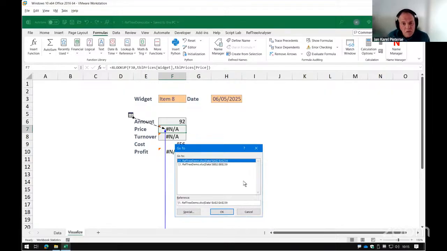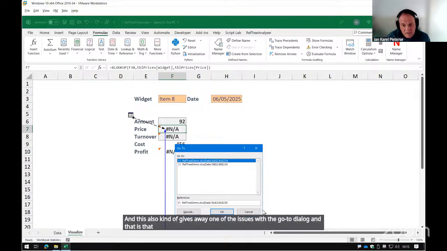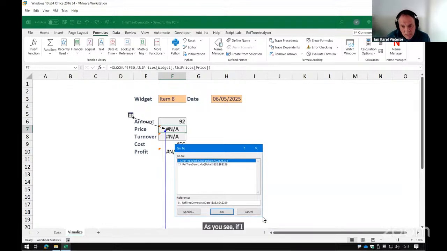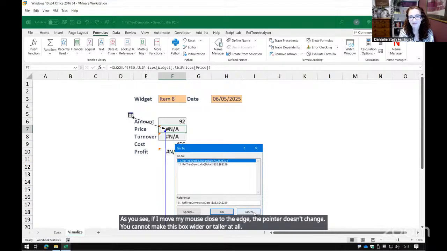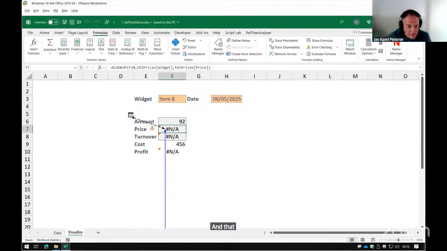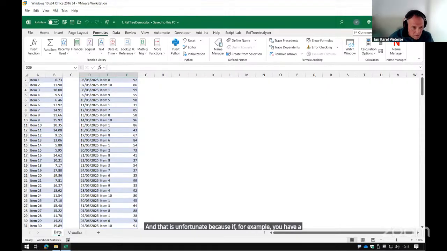And this also kind of gives away one of the issues with the go-to dialog, and that is that you cannot change its size. As you see, if I move my mouse close to the edge, the pointer doesn't change. You cannot make this box wider or taller at all. And that is unfortunate because if, for example, you have a really, really long sheet name,